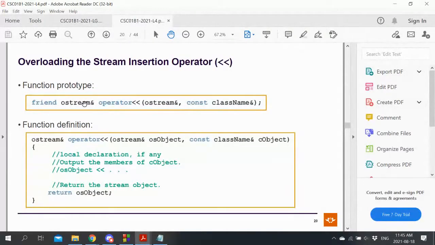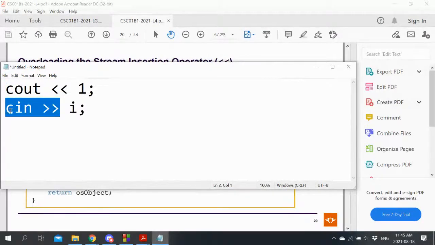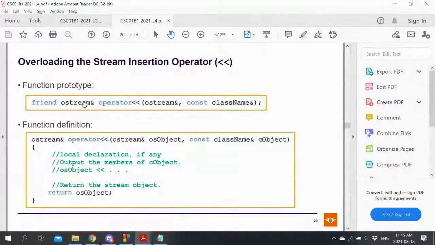As we discussed when we looked at inheritance, there's a hierarchy of stream types. There's the ios streams at the top, then they're split into istreams and ostreams for inputs and outputs. So an ostream handles output operations. How do I remember which one to use? Well, just write it out. If this were cout, and I was doing it like this, cout goes with that stream. Whereas if we're doing it the other way, an istream goes with that kind of symbol. So you can always remember what the return type needs to be.